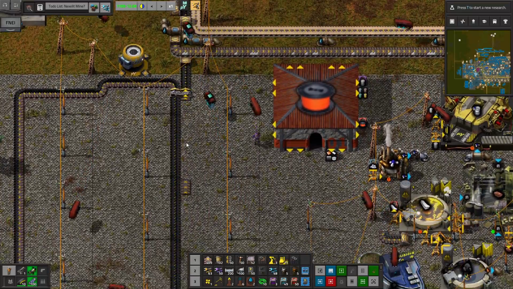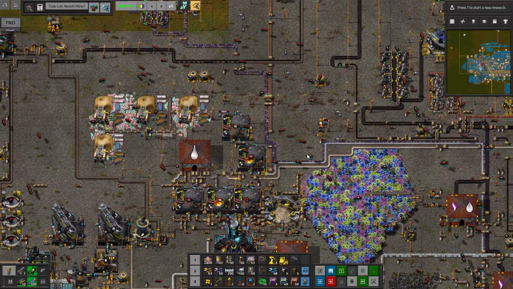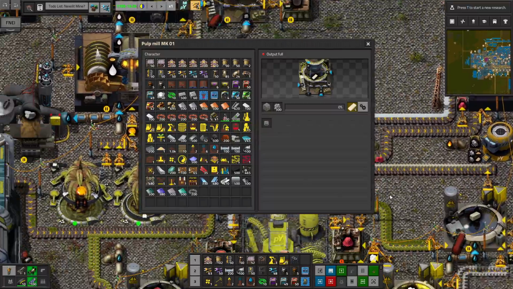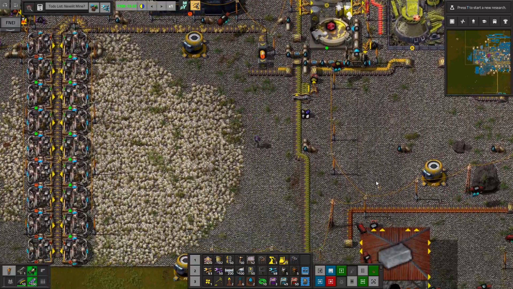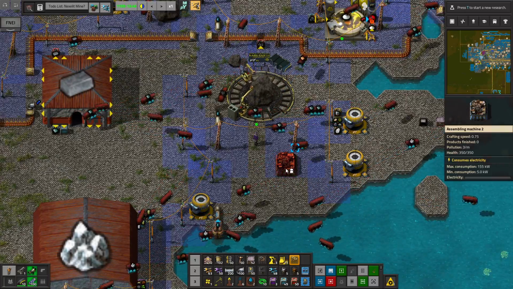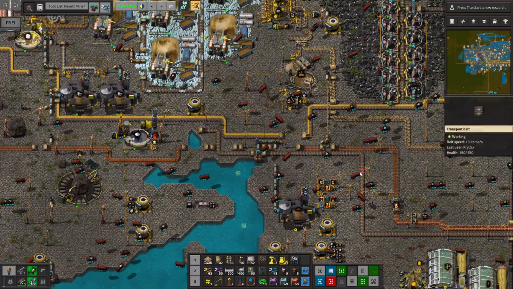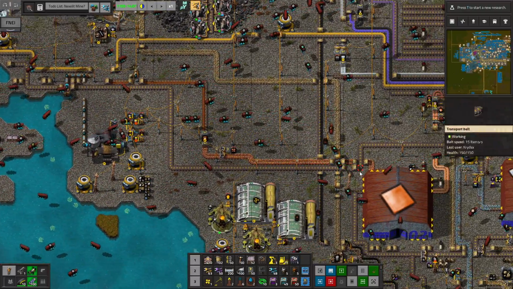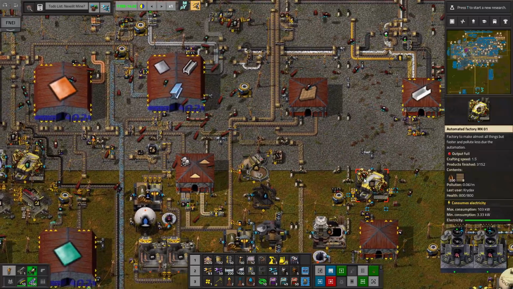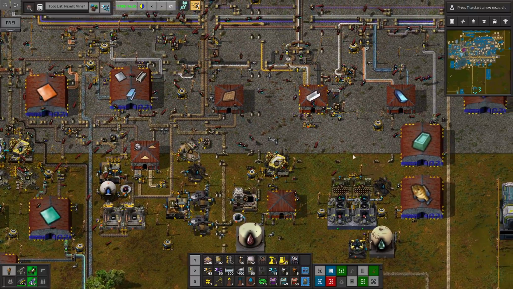Get rid of these old coal mines. Yes. So, I guess the next thing to do, I think I researched railways. So let's go get some rail producing going on. I think it needs treated wood, so I'm going to go over to where I'm making treated wood, which is here. Oh, and my plastic, just kind of